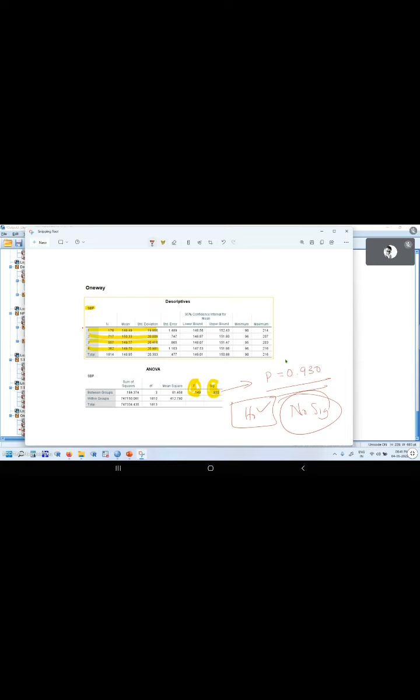Yes, sir. Is that clear? Yes, sir. Even if we are not doing this test, you can make out based on the values here. Among the first group, 149; the second group also approximately 150, 149. There is no difference in the average value. That test will also tell you that. I hope you understood what I want to convey.